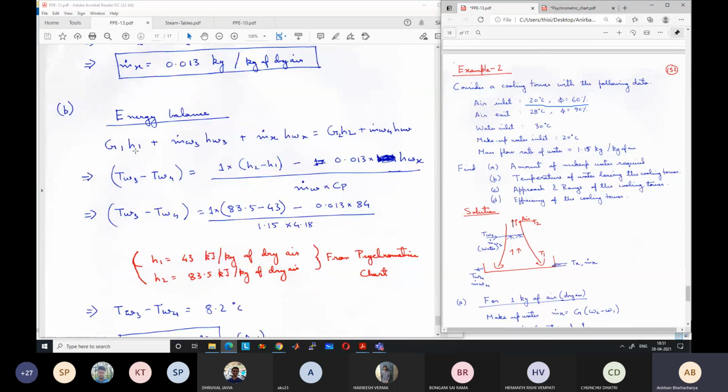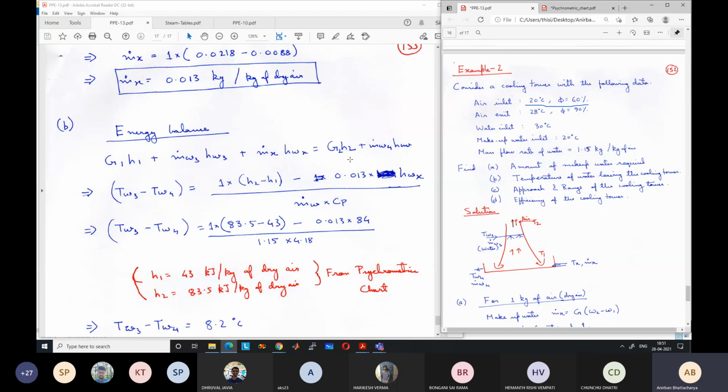TW3 minus TW4, this we also derived today. TW3 minus TW4 is equal to G into H2 minus H1. G we will take as 1 because we are calculating per unit mass flow rate of dry air. So 1 into H2 minus H1 minus the mass flow rate of makeup water, which we have calculated as 0.013, into